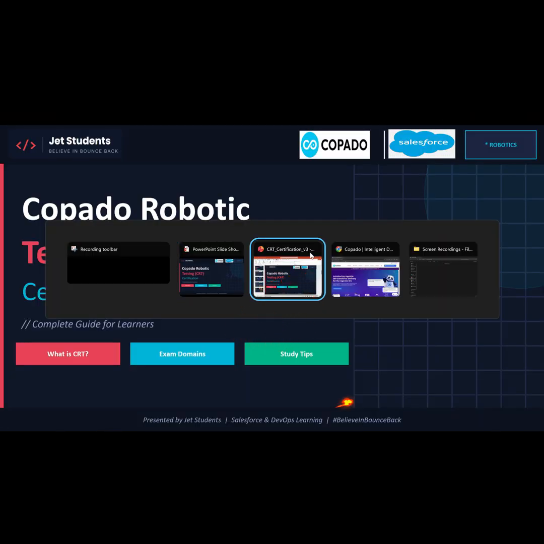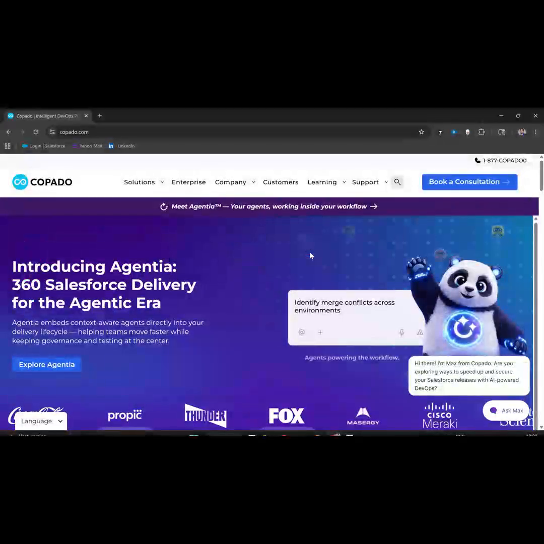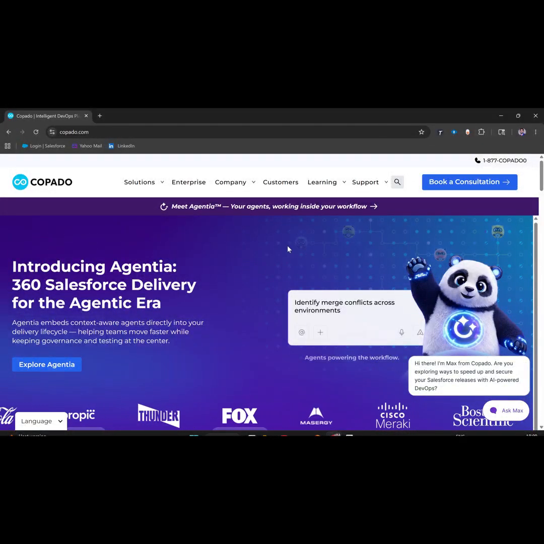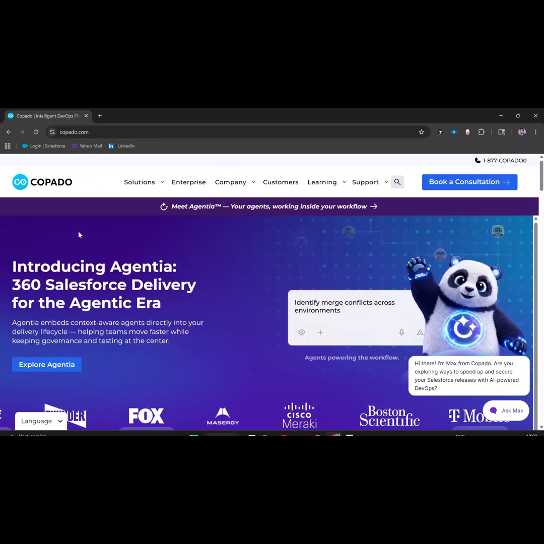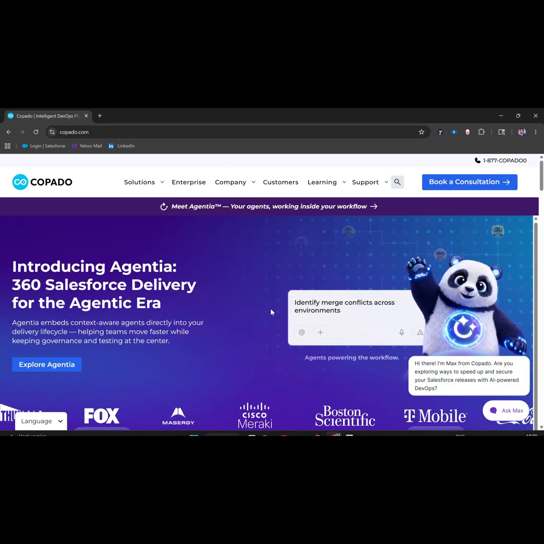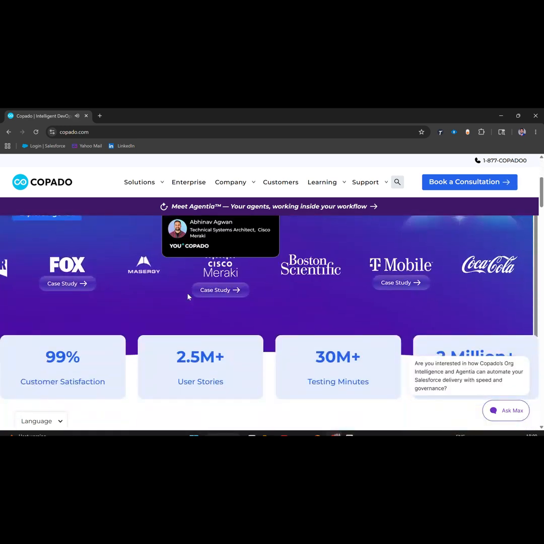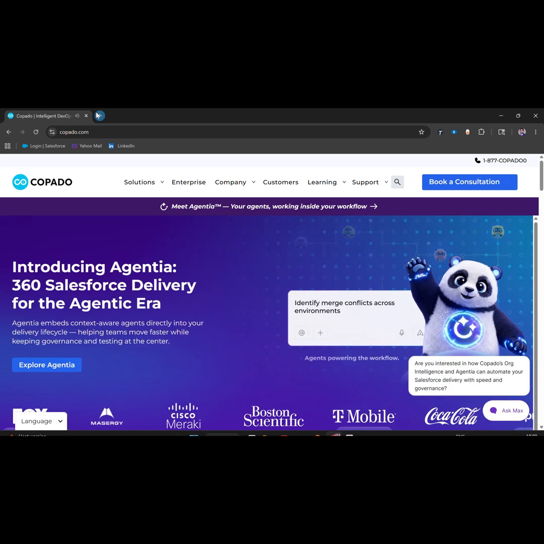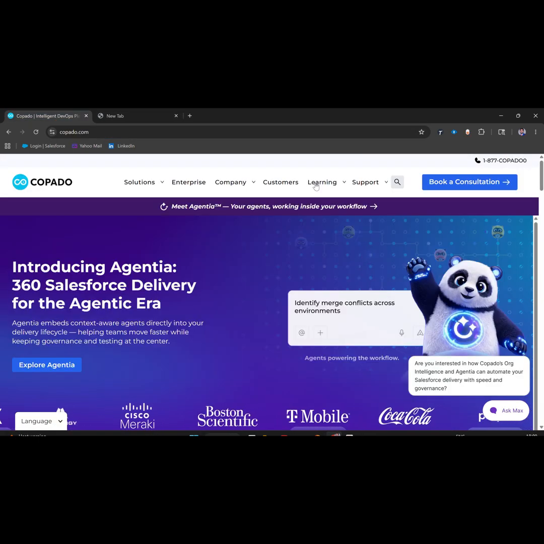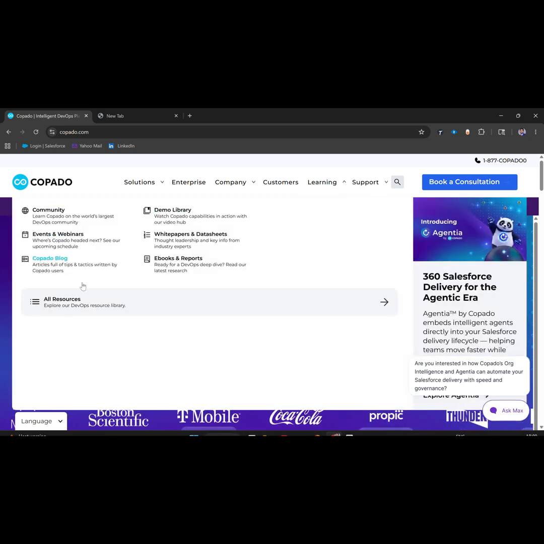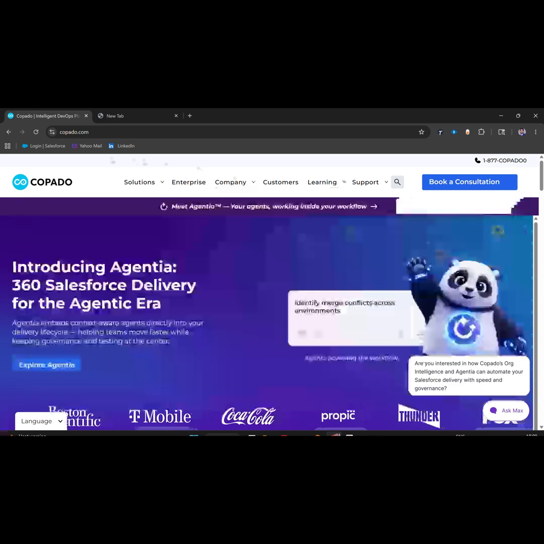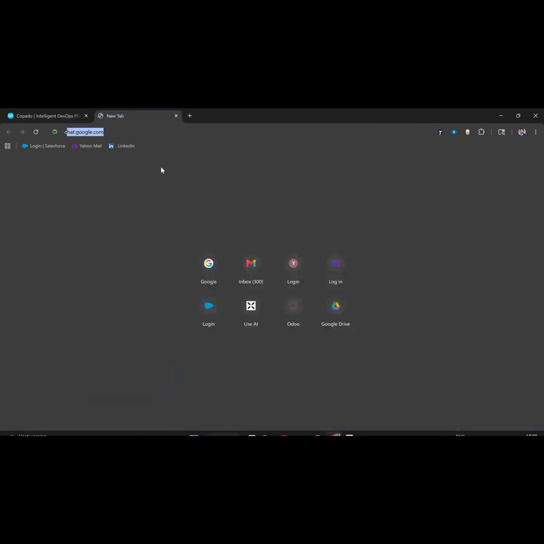Okay, so let's move to the Copado website. I have opened the Copado website, and how you could get everything in touch, let me explain step by step. What you can do is go to the learning part. In the learning section you will have a lot of options over here. So let me go straight to the Copado sign up, Copado learning,